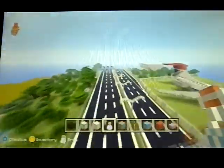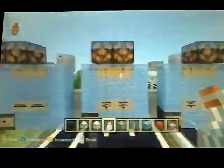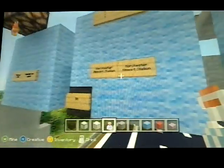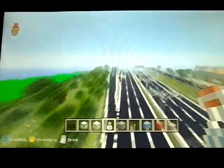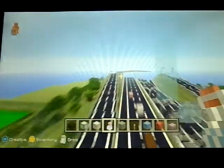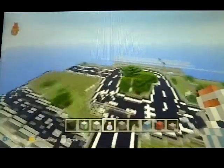The first major thing is to do with the motorway. I've put a sign here, sort of saying where to go: Norchester Airport train station down here, because I have completely finished the junction now. If you remember, I was saying this is going to join up here, and